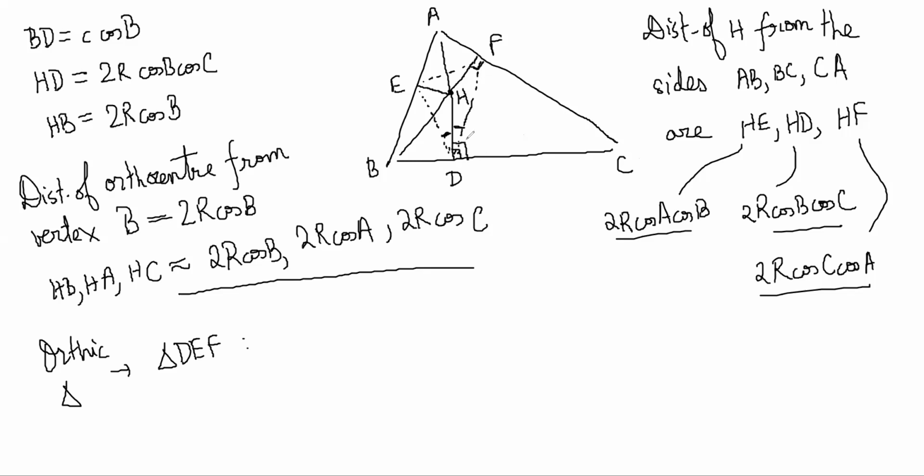Opposite angles are summing up to be 180 degrees. So it's a cyclic quadrilateral. Once it is a cyclic quadrilateral, we know that a circle can be drawn through H, F, C, D, right? If a circle can be drawn, then we have these chord properties, the angle properties, that, for example, if